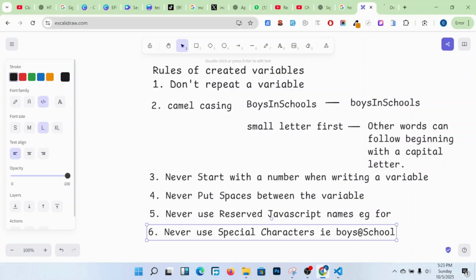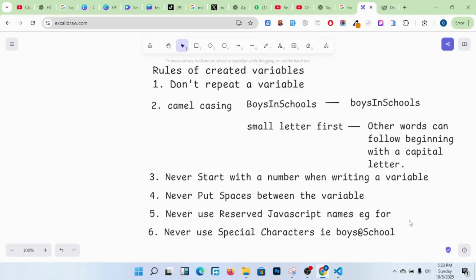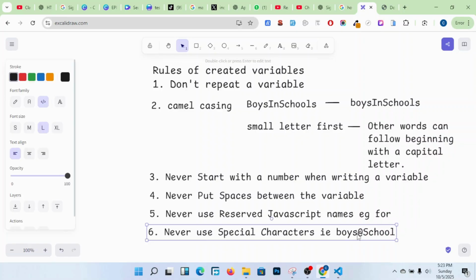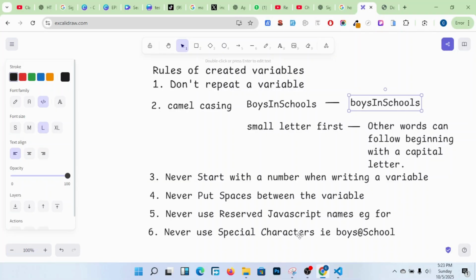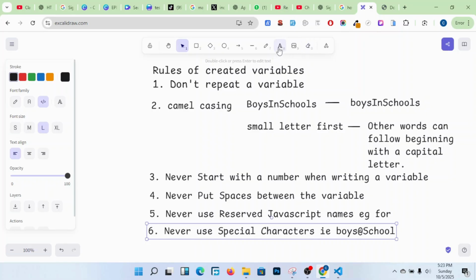Guys, I feel like your heat is cooling. Right now, I feel like you are really understanding these things. Use meaningful names. Don't say boys at school with those symbols. Use meaningful names which you understand, like the boys in schools. And lastly, what I can talk about is these JavaScript names, they give you some